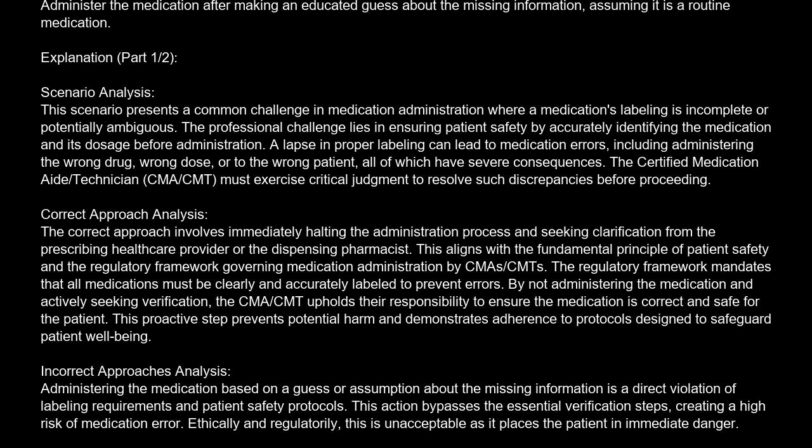A lapse in proper labeling can lead to medication errors, including administering the wrong drug, wrong dose, or to the wrong patient, all of which have severe consequences. The Certified Medication Aide/Technician, CMA/CMT, must exercise critical judgment to resolve such discrepancies before proceeding. Correct approach analysis. The correct approach involves immediately halting the administration process and seeking clarification from the prescribing healthcare provider